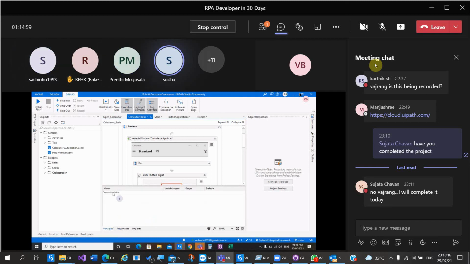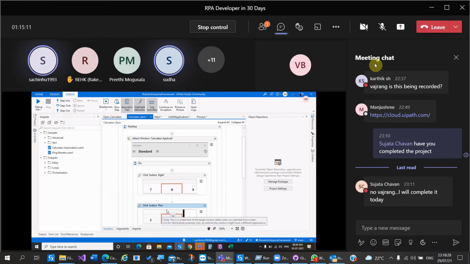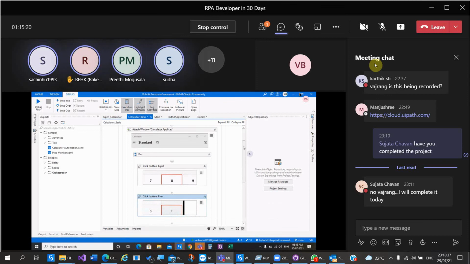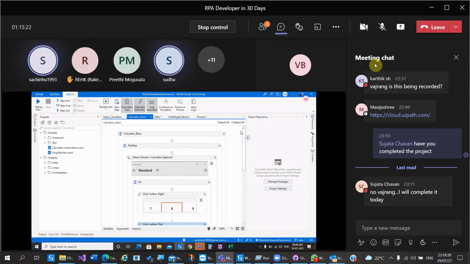You can use a direct assign activity. Scroll up. Above the desktop there's a plus symbol. Drag an assign activity.